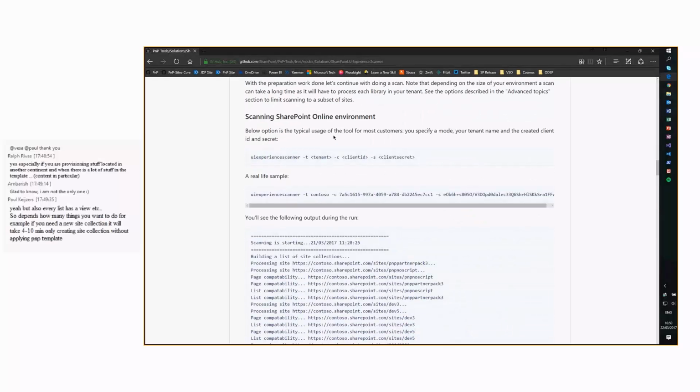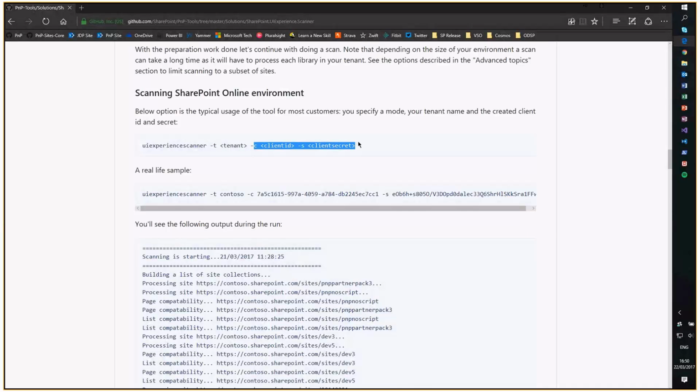Okay, next step is an actual scan of the environment. And that's fairly simple. You call the tool, you provide your tenant and your client ID and client secret. So in this case, the tenant is named Contoso. So if your tenant is contoso.sharepoint.com, you provide Contoso. It will figure out all the rest. And client ID, client secret. It starts running,